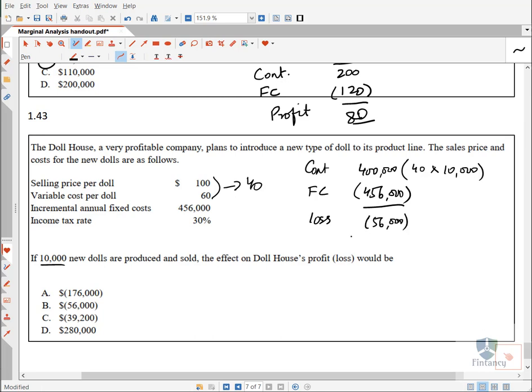Whenever there is a loss, there is a reverse tax impact. In questions you will calculate reverse tax impact here, the 30%, because they are not saying anything, net, gross, whatever. So you will assume they are asking for net, and net means after tax. So definitely if there is a profit, you will deduct the tax, right? But if there is a loss, you will add the tax. So can you tell me how much is the tax reversal here? 30% of 56,000, how much? Right? And then you are going to get your final answer, which is negative 39,200, which is C.